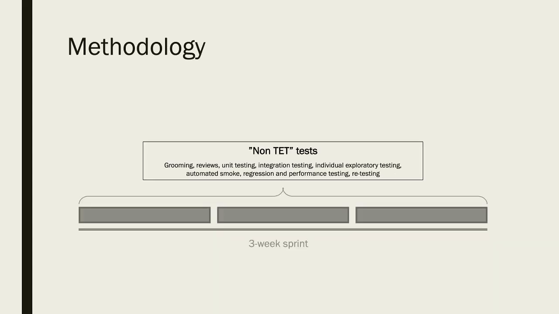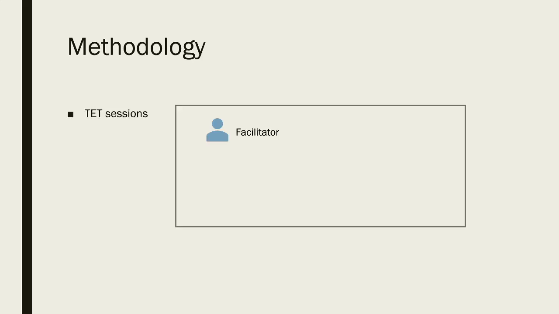So these projects were based in 3-week iterations, during which continuous testing was applied through a variety of methodologies, all grouped under the non-team exploratory testing category, and then team exploratory testing sessions were conducted on the final day of each iteration. These sessions were organized including a facilitator who provided